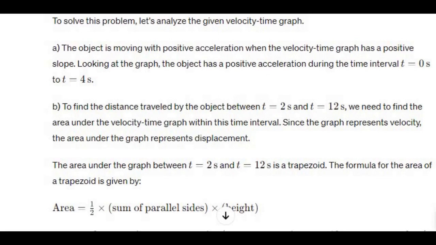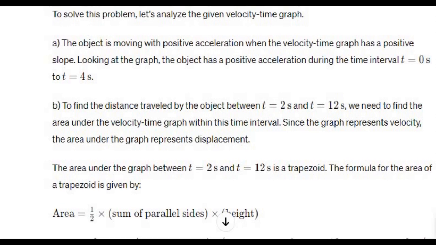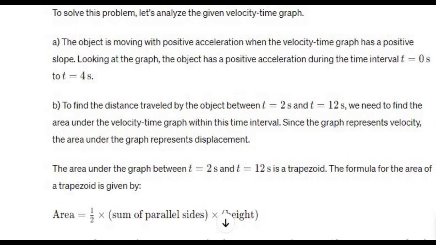Part 3, Problem 1. To solve this problem, let's analyze the given velocity-time graph. A. The object is moving with positive acceleration when the velocity-time graph has a positive slope. Looking at the graph, the object has a positive acceleration during the time interval between t equals 0 seconds and t